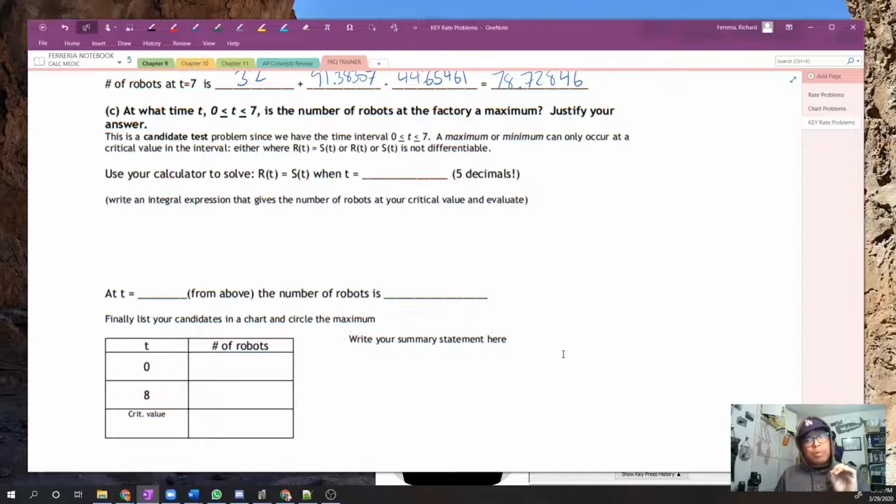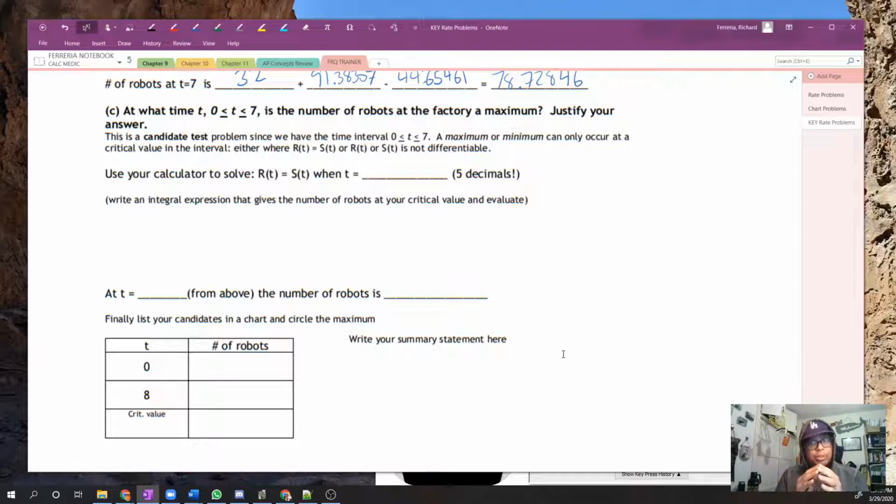This is what we call a candidate test problem, because we're trying to figure out a maximum or a minimum on a specific time interval, in this case 0 to 7. So remember from your calculus that a local maximum, or a maximum on an interval, can only occur at either the endpoints of the interval 0 and 7, or it could occur at any